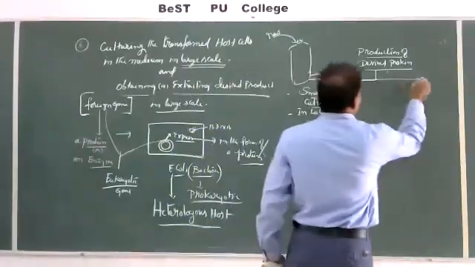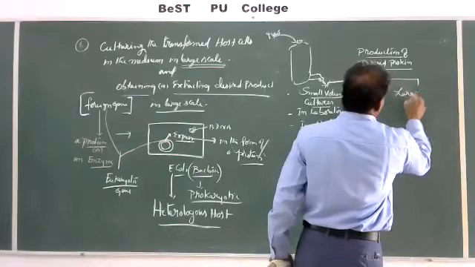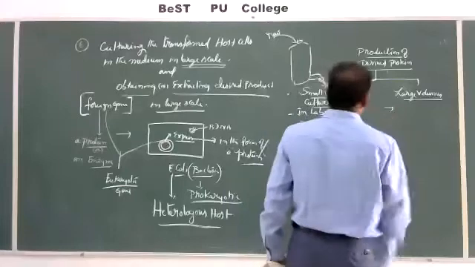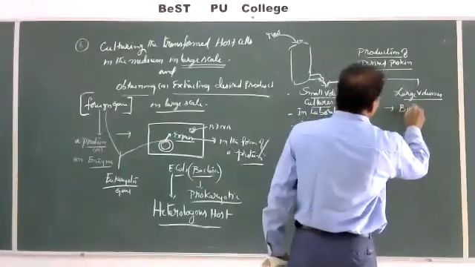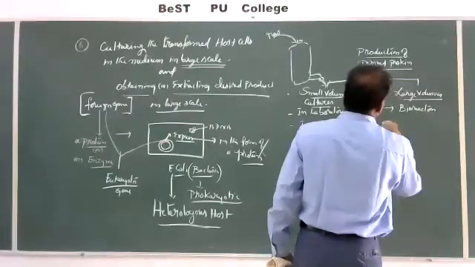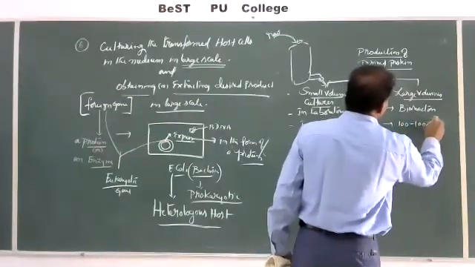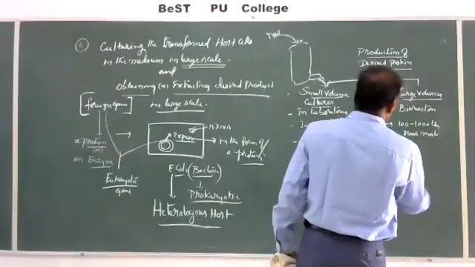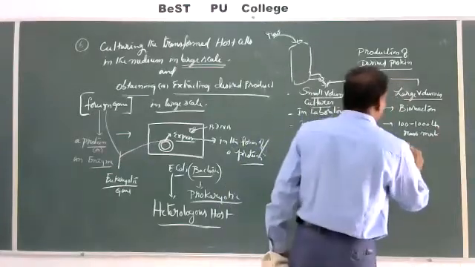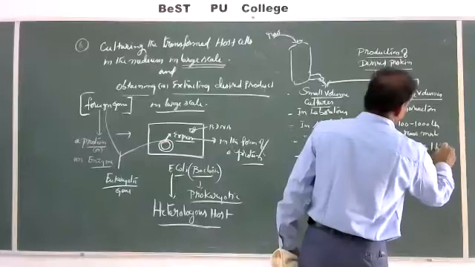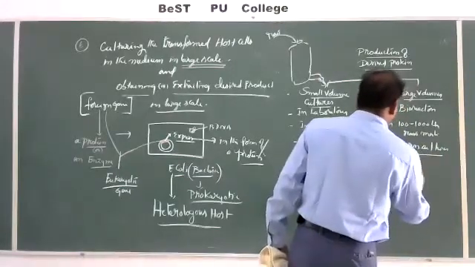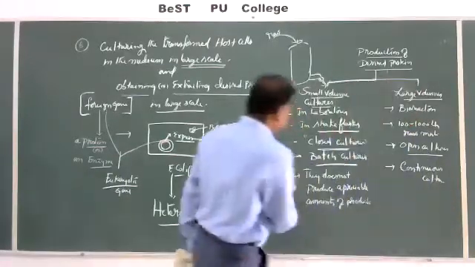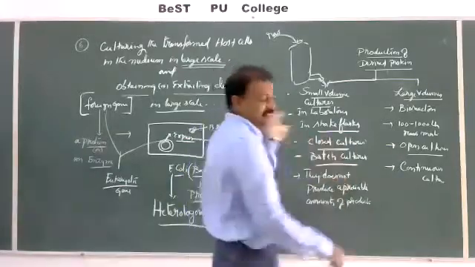Whereas large volumes, by using bioreactors, 100 to 1000 liters of raw materials can be used. They are called open cultures, continuous cultures, whereas the others are called discontinuous. What is this closed and open? Let us see this in short.